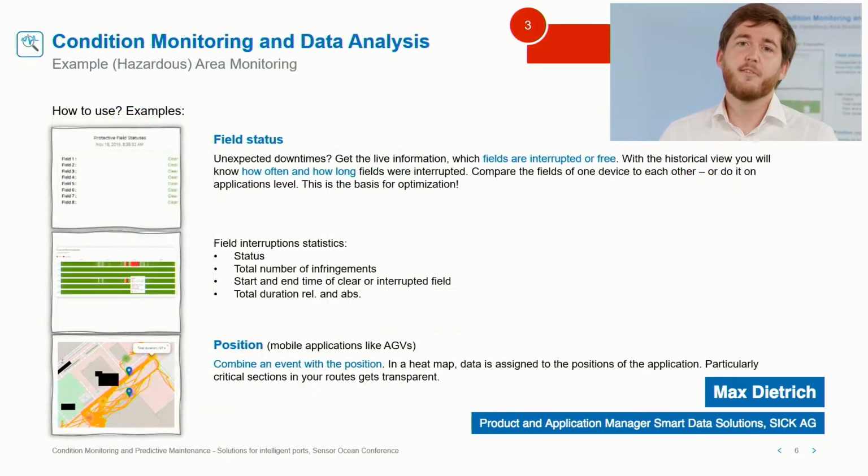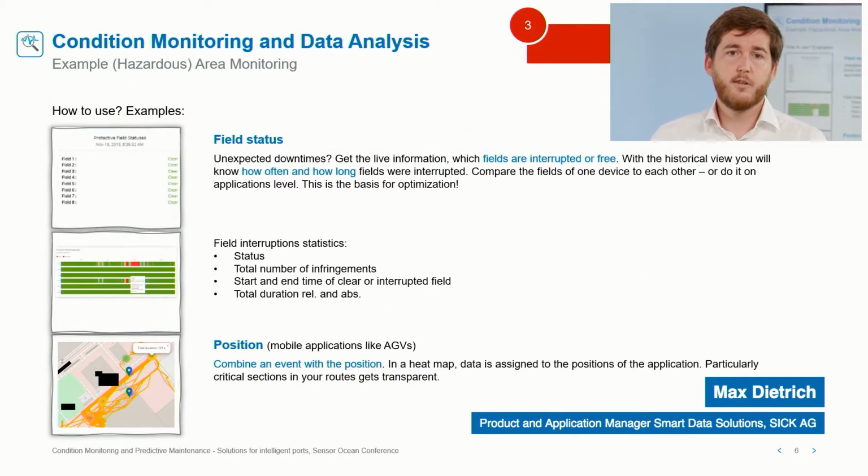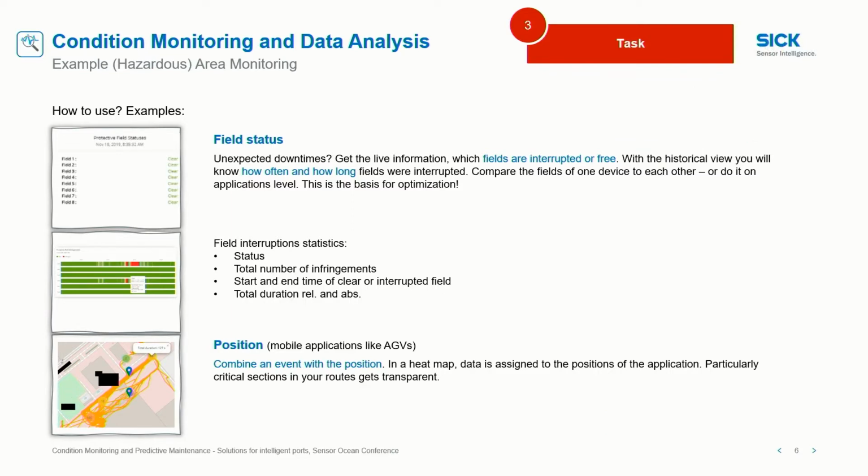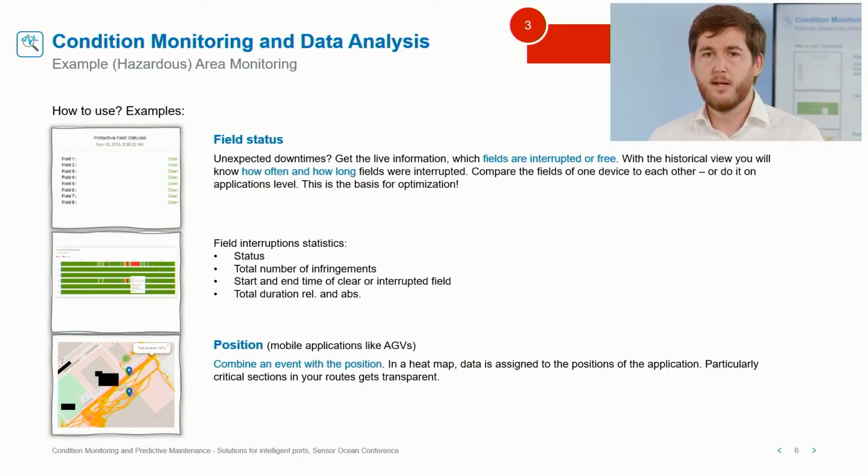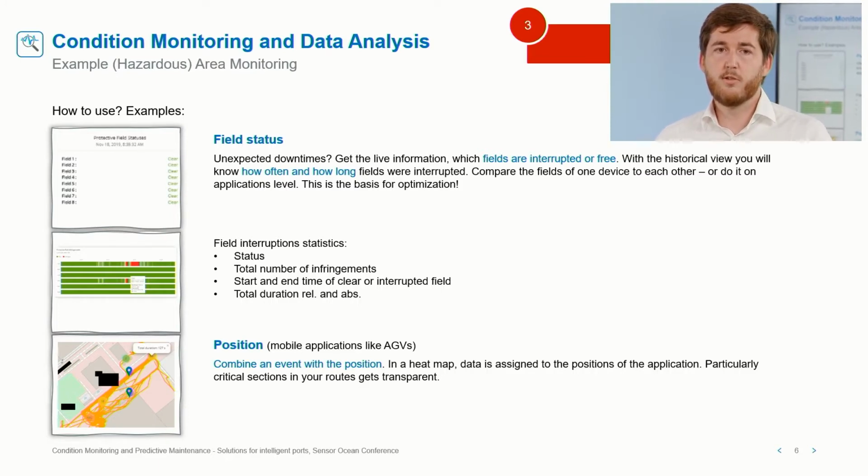But besides the health status, there's a lot more. So there is, for example, the task of the device itself. And if we talk again about LiDAR sensors for cranes, RTG cranes, STS, or also for HEVs, then we talk about the mentioned red and yellow fields, the field status. And of course, we can also monitor the field status and say, okay, is it free or is it not free? We can also do some calculation on it and say, okay, how many infringements there were in the last week, in the last month, how was the duration of it, and so on.